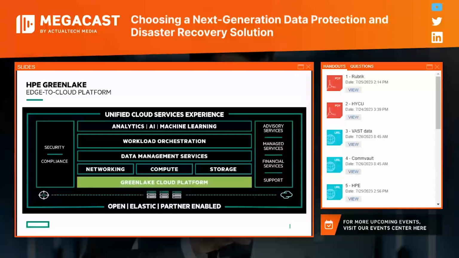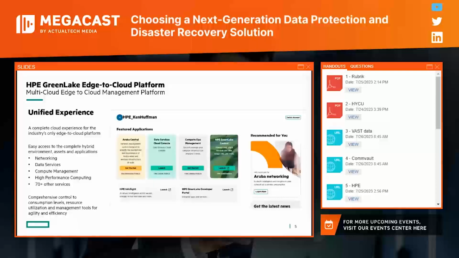So the GreenLake Cloud Platform, this is HPE's single control plane to manage your entire data center. So that's networking, compute, and storage. You can see those three pillars right above the green box that says GreenLake Cloud Platform. We've got those three pillars that you can manage your data center from, and then you can see everything else around it. We can wrap services into that. It's built on security and compliance as paramount. So very comprehensive and complete platform, and it is the most mature and capable cloud platform in the market compared to any of our competitors. So it's really exciting.